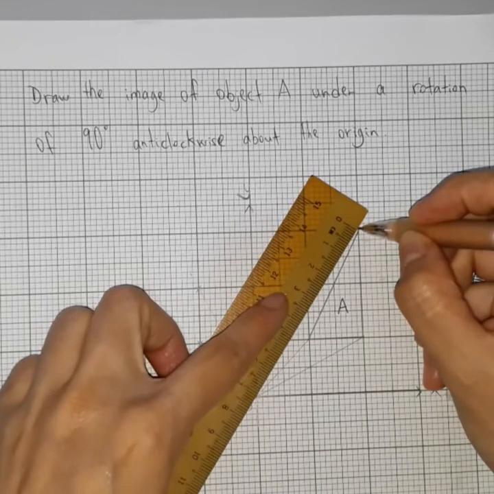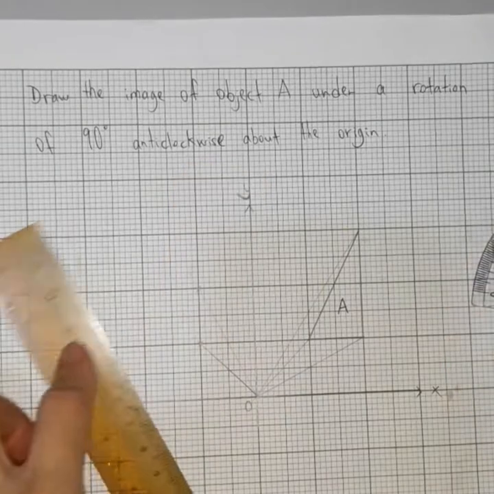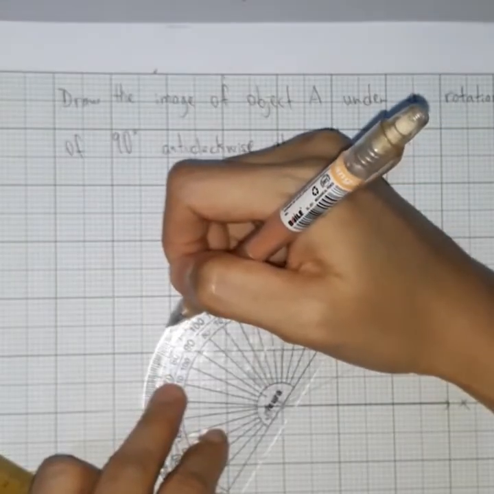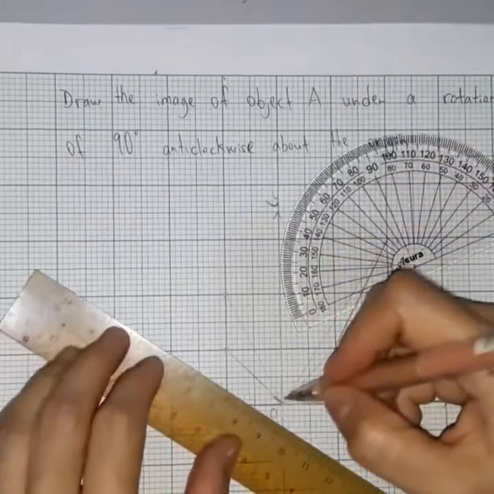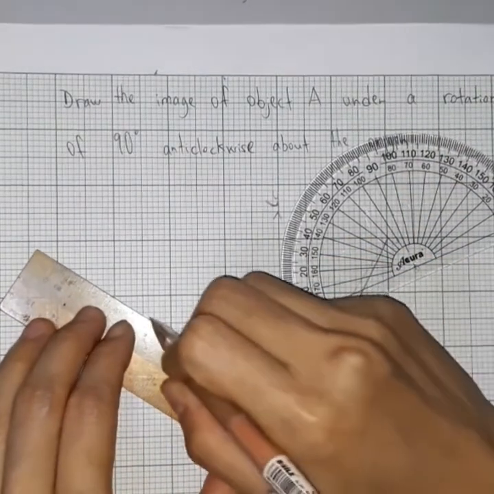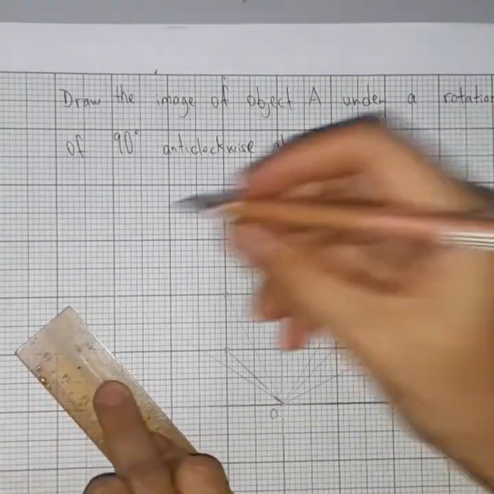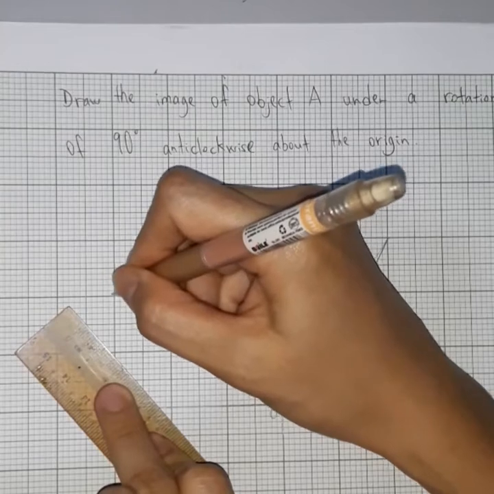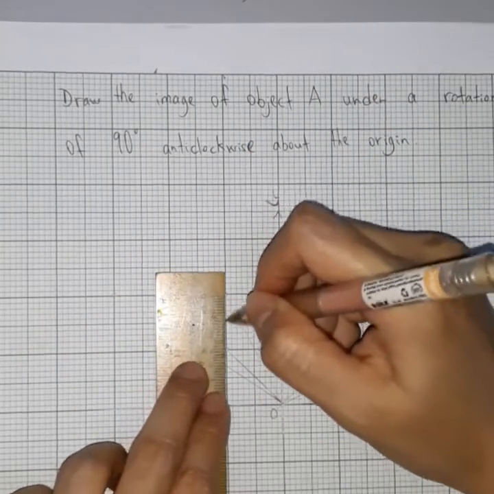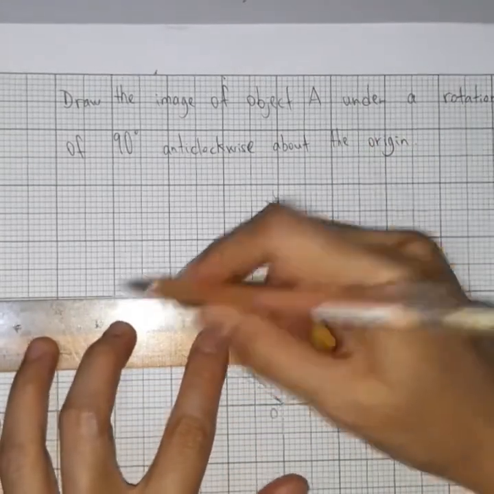Draw the line to the center of rotation as well. You measure 90 degrees and draw a line. So this is the last point, and you connect the line, connect the points,